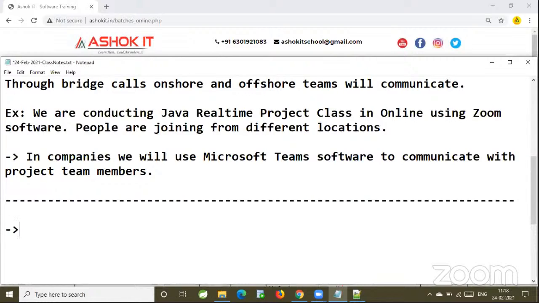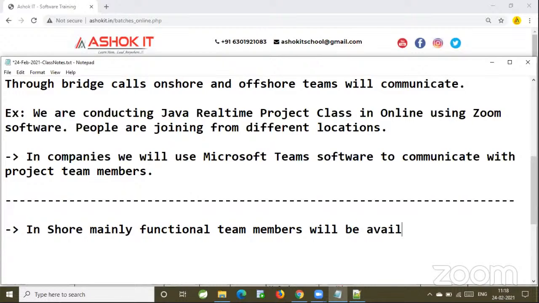In onshore, mainly functional team members will be available. So what do you mean by functional team member? Which are aware of requirements.